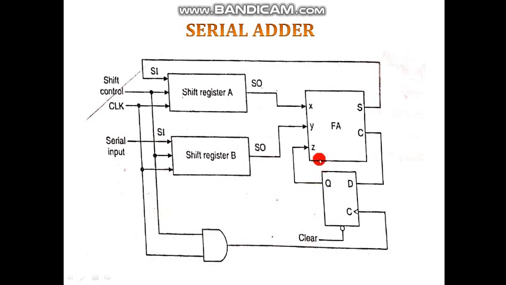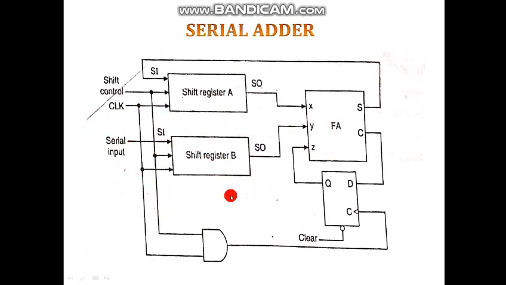The output of the D flip flop depends on the carry of the previous addition. This carry is transferred as the third input Z. After applying X, Y, Z, the full adder generates its output, sum and carry. The sum reverts back to the serial input of the shift register, whereas the carry is given through the D flip flop to the Z input again. In this way, the adding operation continues serially.